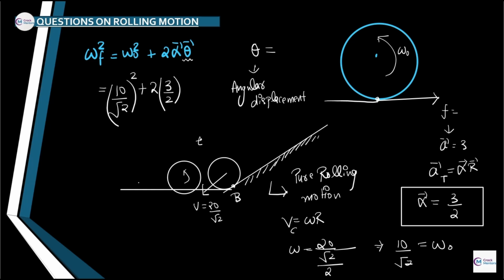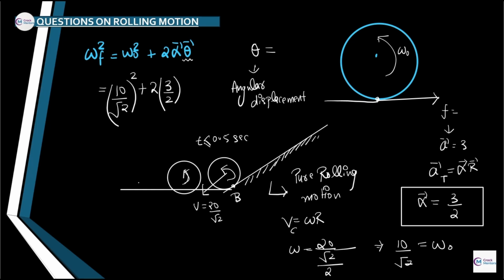This must have happened in less than 0.1 second, or basically it can be said as 0.5 second. This must happen in this scenario, and for that instant we can consider the omega value which the body was having, it must be present like here as well. Okay. So now what is the theta? What is the angular displacement?